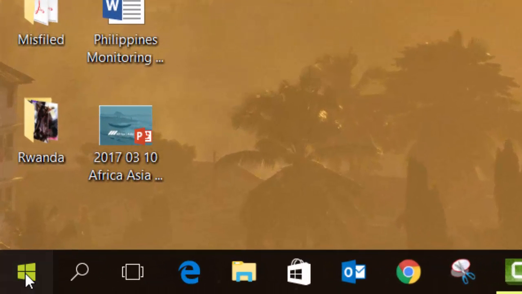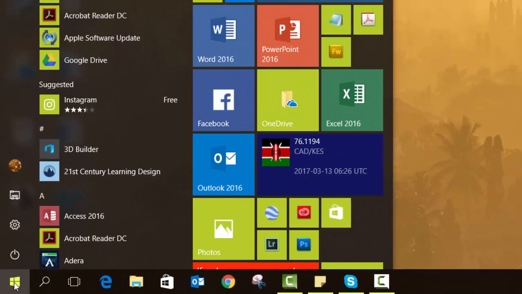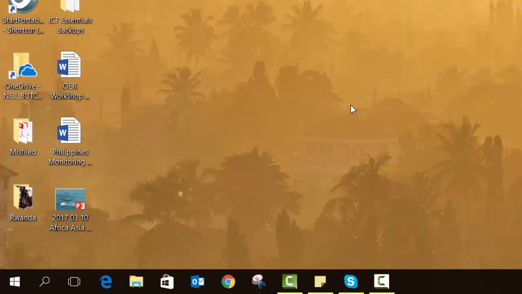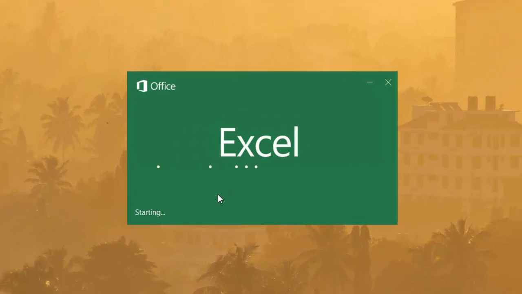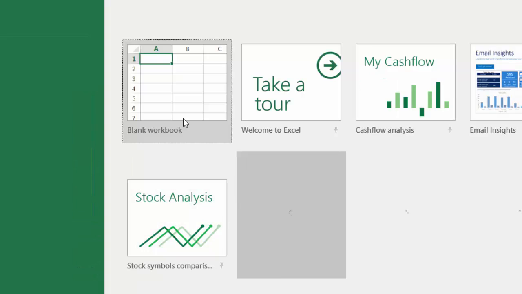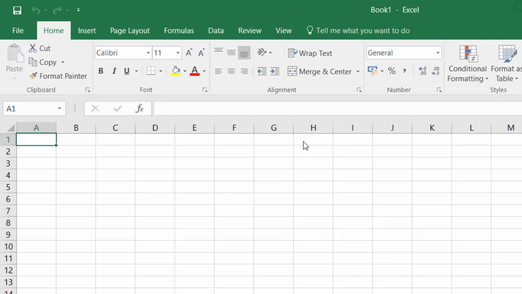Click the little start button if you are in Windows 10. And in my case, I can easily see Excel 2016, my spreadsheet program, which is one of my tiles in the right-hand side of this opening menu. Once it opens, we will ask for a blank workbook. And here is the generic